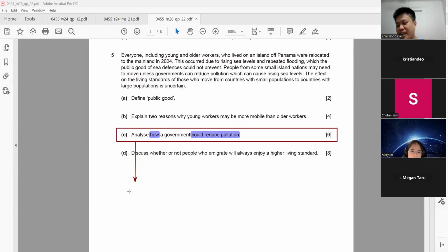Okay, so can you think of any answers or not? I just want to finish this up quick and then we do the data response. Final things ready. Last one ready. Then if we have time only, I can answer some of your Q&A if you have any. Well, a lot of things to do today though. Whew. Okay, so question C. Last question for the section B already. So can you think of any ways that a government can reduce pollution?